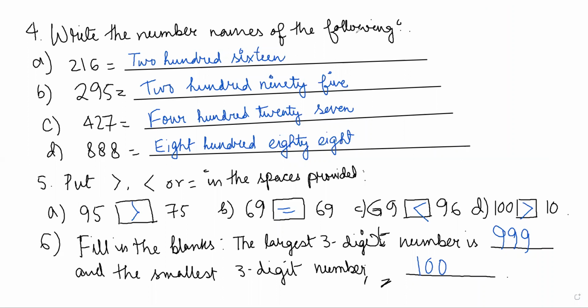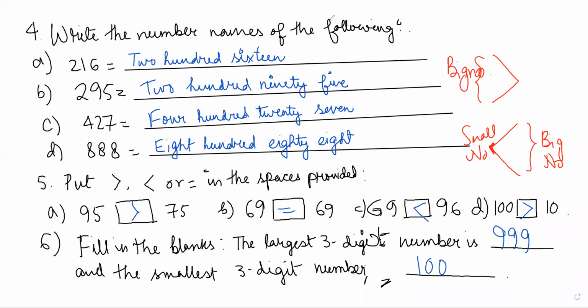Here children, I want to say a few things. This is the greater than sign and this is the less than sign, right? So in the gap, the big number always sits. Okay, the big number is always sitting over here. And in the arrow part, the pointed part, the small number always sits. Always you will see the small number sitting here.